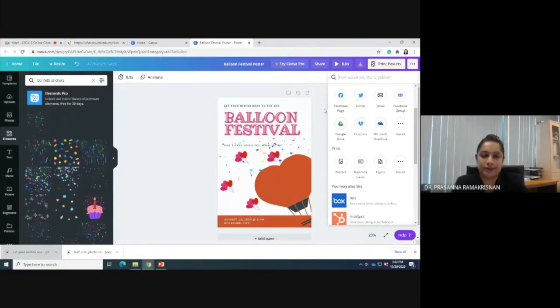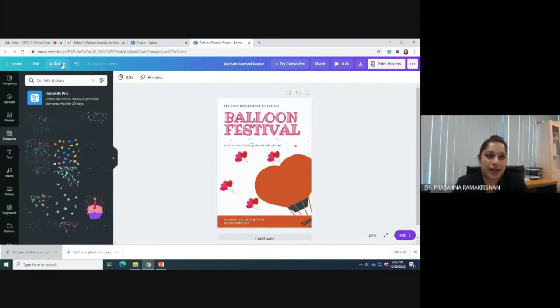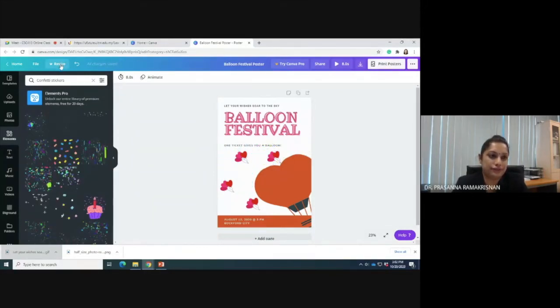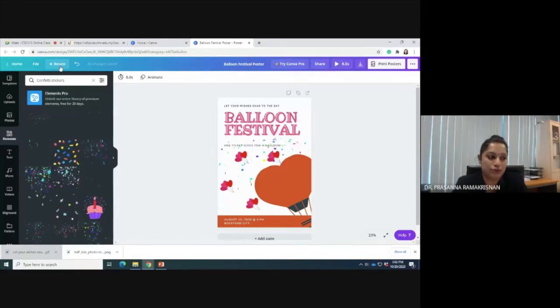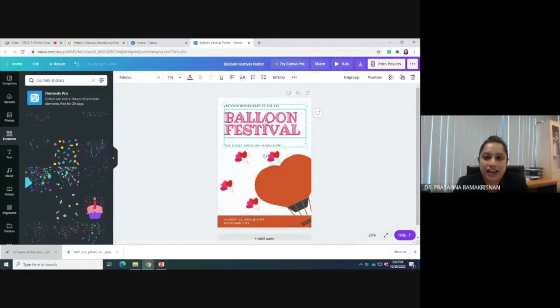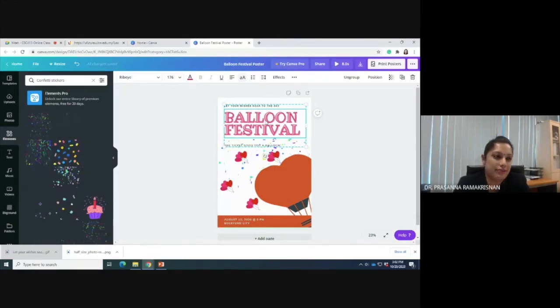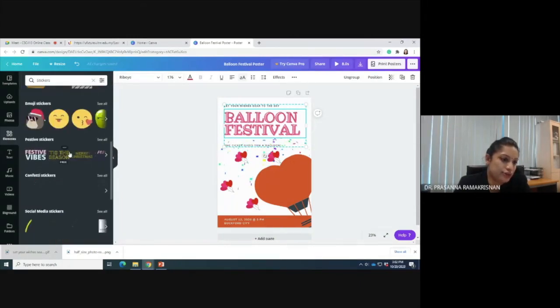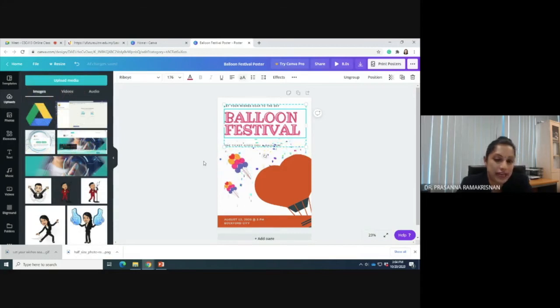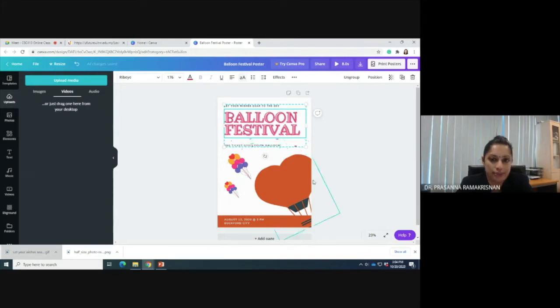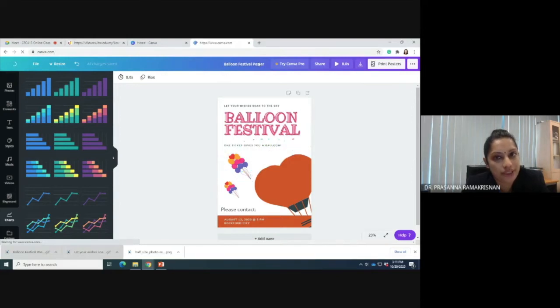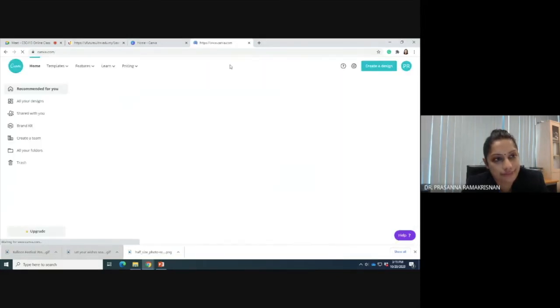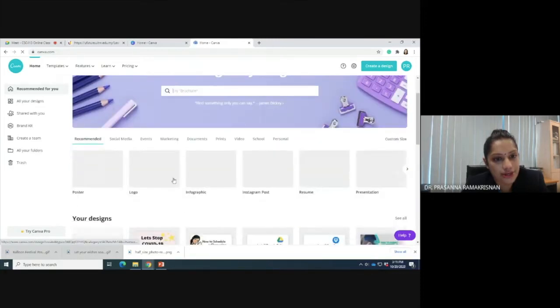You can't do a resize because resize is only available for a Pro account, so you're unable to do that. If you want to set animation for font, you need to create the animation, meaning that you need to select from the elements that are here. You need to use whatever is inside here. If you still want to animate, you can animate by using other tools and bring it in as a video and put it inside. Then it's possible. So when you go back to home, the poster that you have designed will be in your designs here.